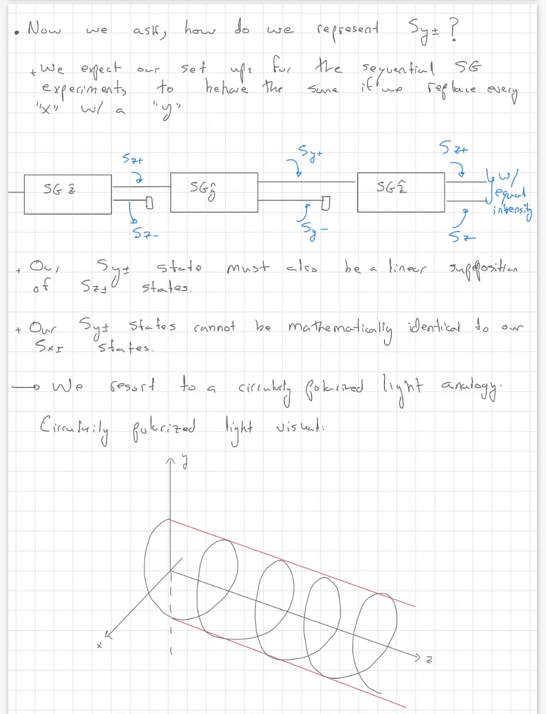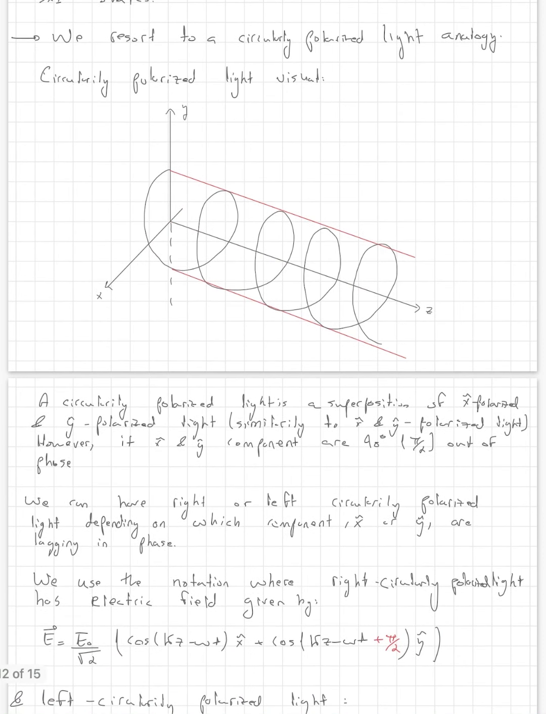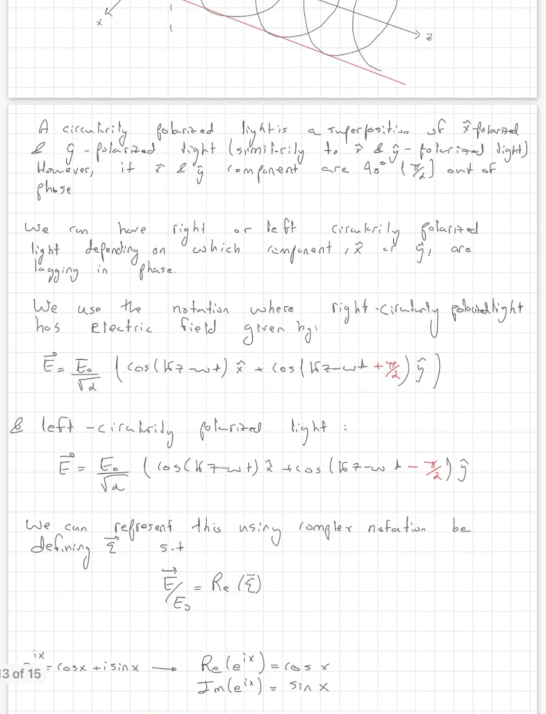So in order to do this, we resort to light again, and this time we used circularly polarized light. So circularly polarized light looks something like this. So this is moving along the Z direction, and we can already see that circularly polarized light should be expressible in terms of a linear combination of X polarized light and Y polarized light. The difference between this and the X prime polarized and Y prime polarized light that we considered previously is that for circularly polarized light, its X and Y components are 90 degrees or pi over 2 radians out of